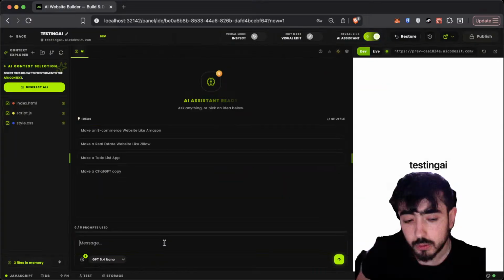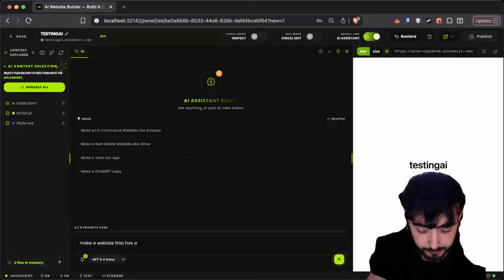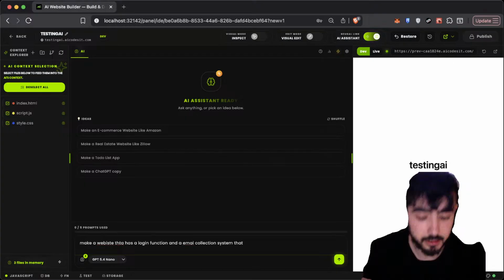I'm going to tell it something difficult, for example: make a website that has a login function and an email collection system that stores the emails on the database.